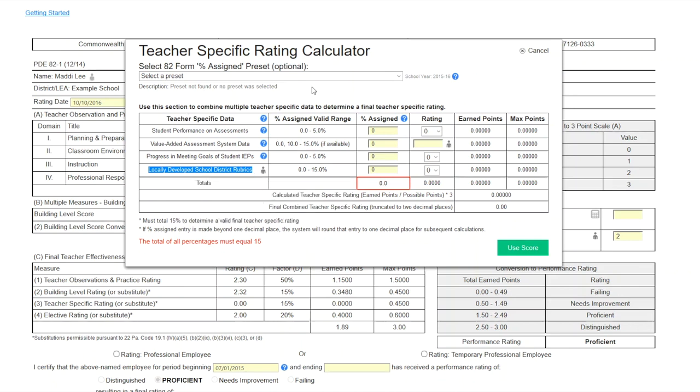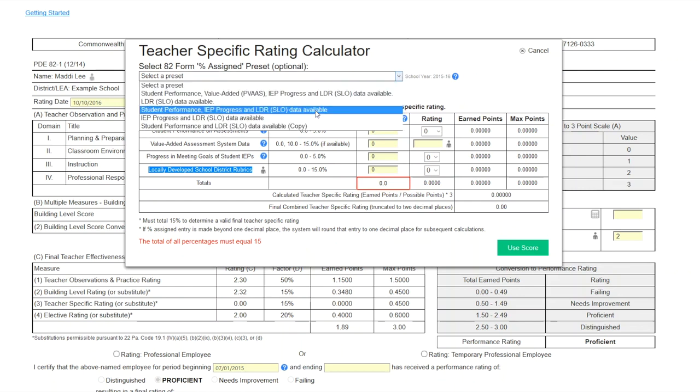So to help principals be consistent in these weighted percentages, we allow school district admin users or portal managers the ability to build in preset default weighted percentages. And when those are built in, they can be accessed right up here by each supervisor. So essentially, when the supervisor gets to this section, they can say, okay, this particular teacher, which scenario do they